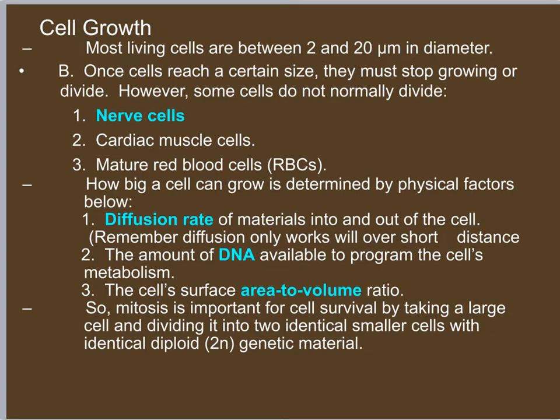So first off, before a cell can reproduce, it has to grow. So we're going to talk about how cells grow. Most living cells are going to be anywhere from 2 to 20 micrometers in diameter. They can be much, much larger than that, possibly, depending on the type of cell it is. But anyway, that's just the average. So cells are going to grow throughout their life, and once they reach a certain size, they stop growing and